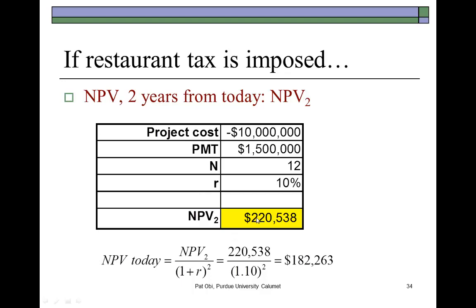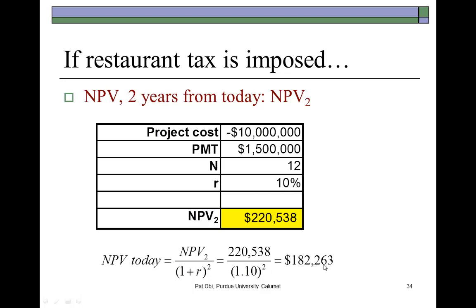And so the NPV will shrink to only 220,538. And seeing that this project won't get started until 2 years from now, it means that the value today, which would be finding the present value of this 220,538 over 2 years, would be only